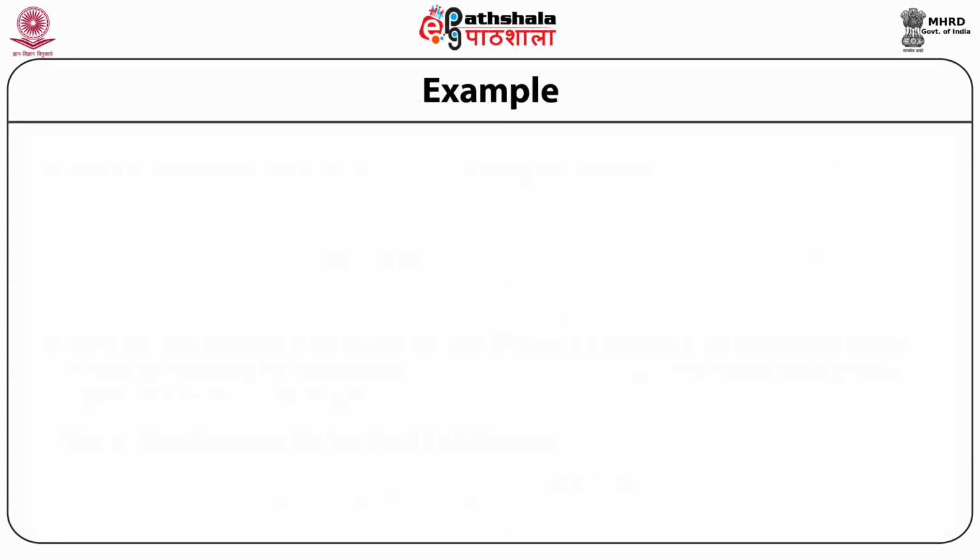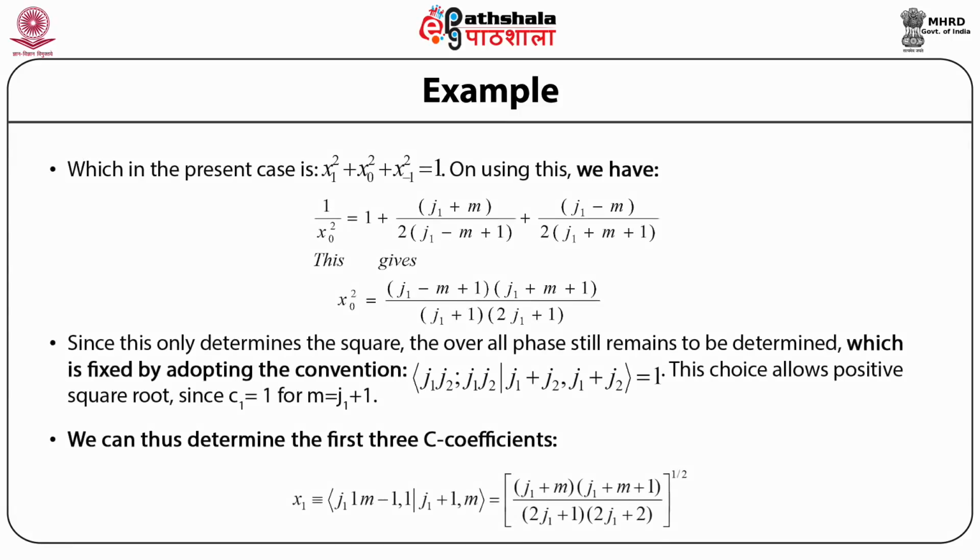Example. Now, if we use the orthogonality relation for the Clebsch-Gordon coefficients, which for the present case can be written as x1 square plus x0 square plus x minus 1 square is equal to 1, where the subscripts 1, 0 and minus 1 are the different values of m2 or mu, then using this relation we have 1 upon x0 square is equal to 1 plus (j1 plus m) upon (2j1 minus m plus 1) plus (j1 minus m) upon (2j1 plus m plus 1),